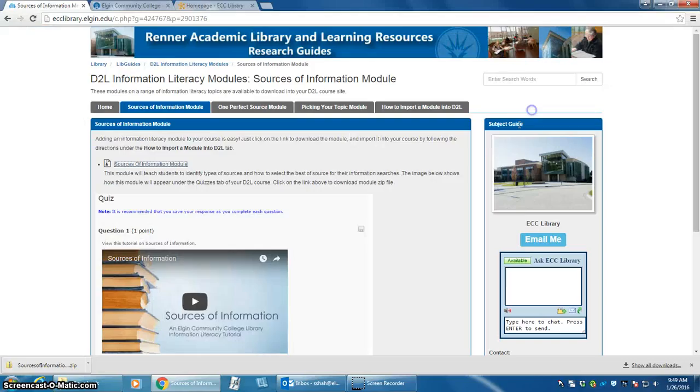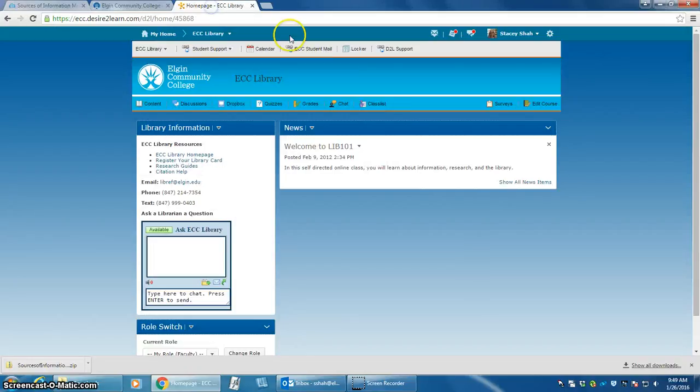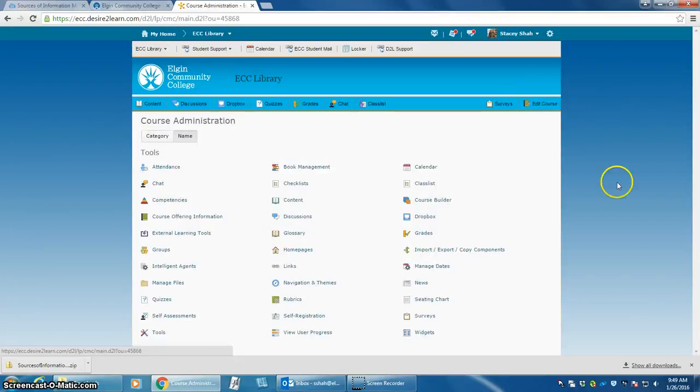Okay, then I'm going to go ahead and go into my D2L course. So I've already logged into D2L and I'm in a course. This is just my practice course, and I'm going to go to the right side and hit edit course, that link on the right side, and then in this menu you should find a link that reads Import, Export, Copy Components. So you go ahead and click on that link,